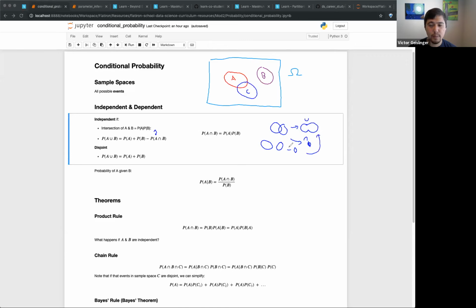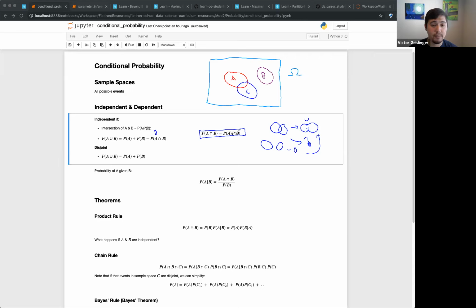If we just took the probability of A and B, there would be this extra part. We'd get this extra intersection part because we're counting it twice. And so we subtract off that intersection part. And that's how we say they're equivalent to each other. And I could have written this as probability of A intersected B is equal to P(A) times P(B). Basically, they don't affect each other.